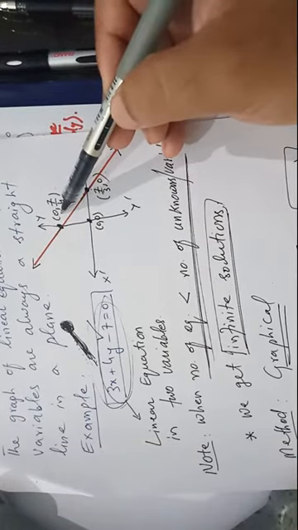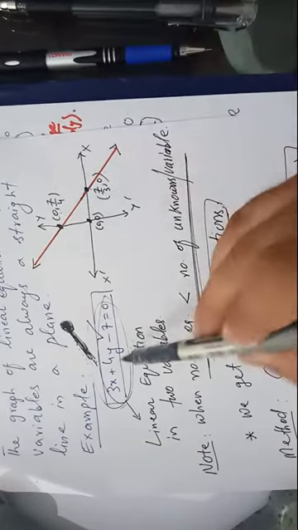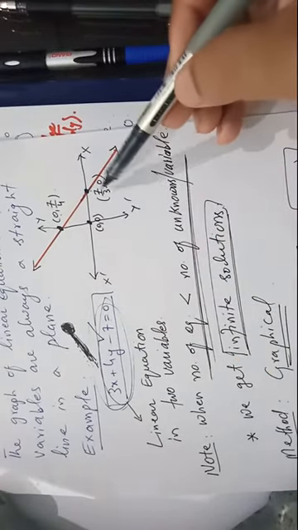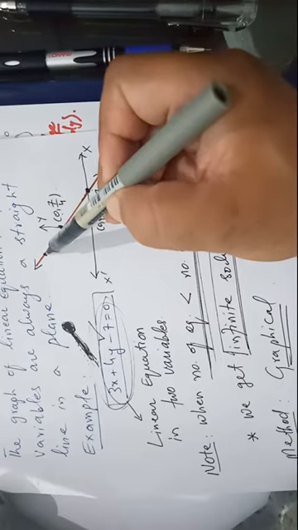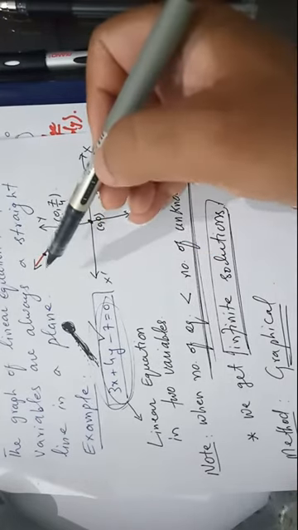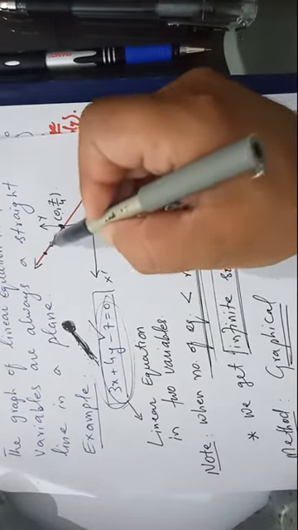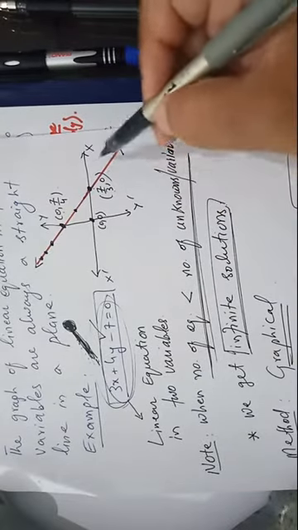Now you see that when you plug x equal to 0 and y equal to 7 by 4, this equation is satisfied. If you plug x equal to 7 by 3 and y equal to 0, this equation is satisfied. And any other point, if I take this point, must have some coordinates, because we know from the previous lecture that there is a one-to-one correspondence between the set of ordered pairs and the points which make the line. For every point there must be an ordered pair, and for every ordered pair there must be a point on the line. So if I choose any point on the line, there must be an ordered pair.